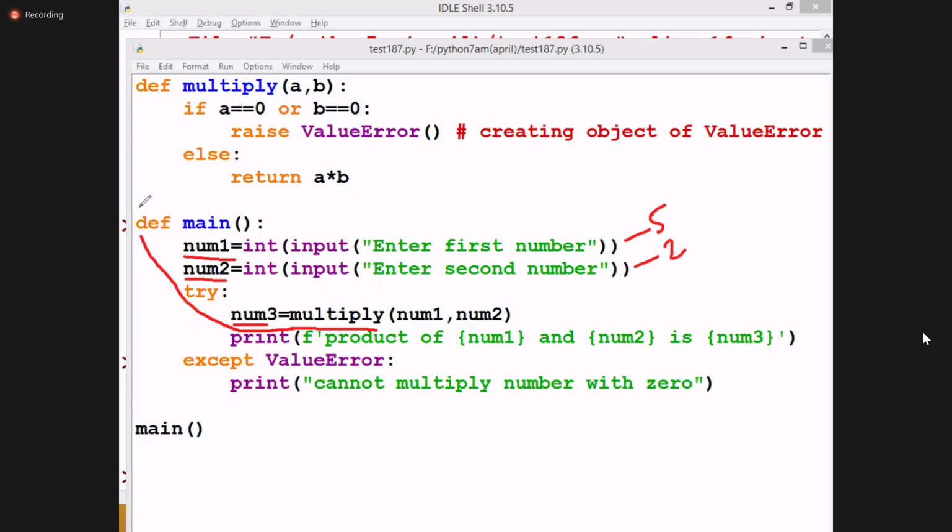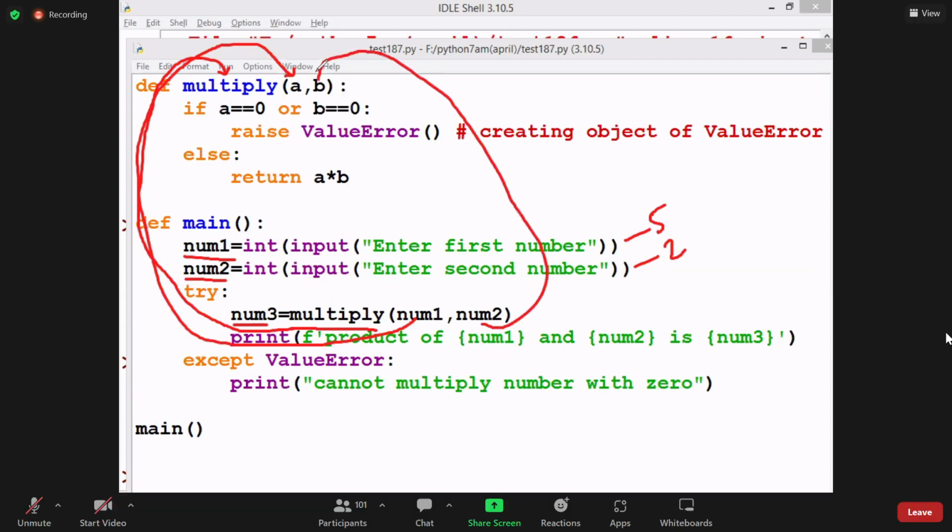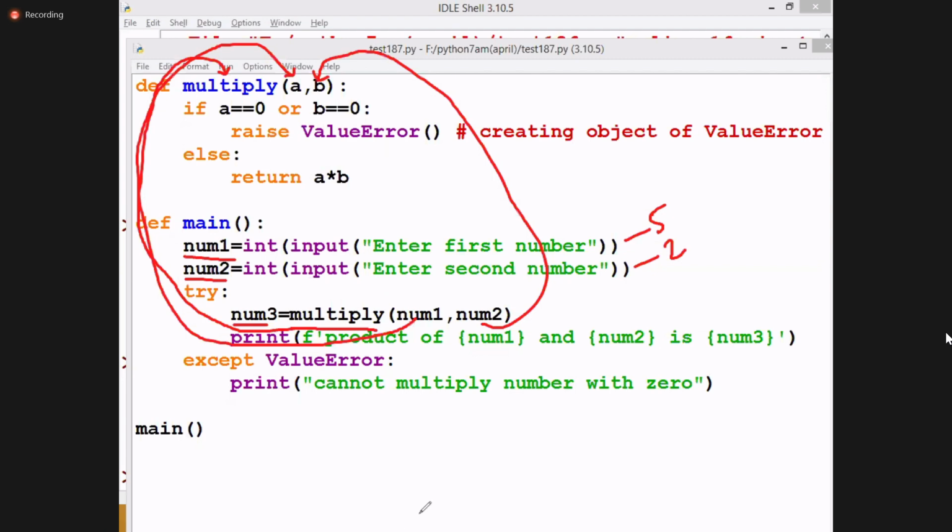You called which function here? Multiply function, by sending number 1 and number 2. So number 1 is received by A and number 2 is received by B. So is 5 equal to 2?